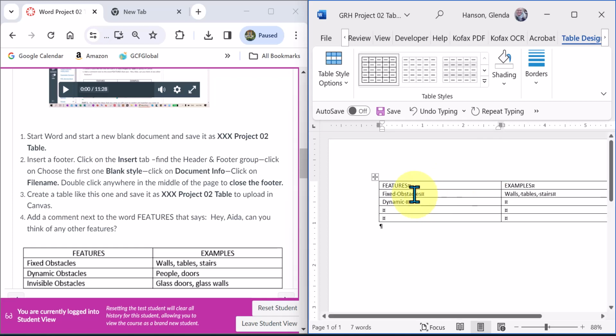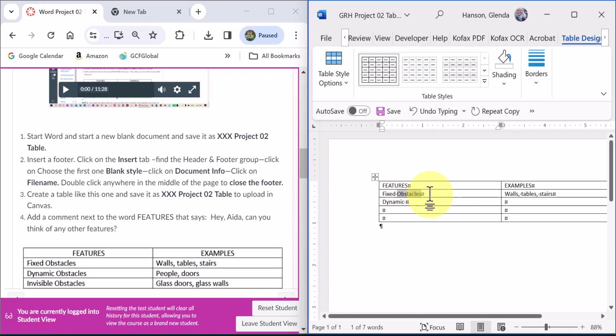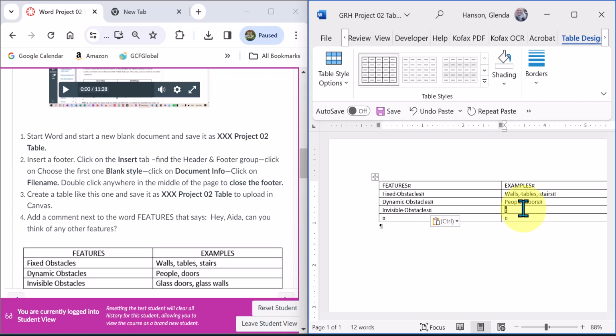Now watch what I do. I'm going to double click on the word obstacles, do a Control C, and paste it so I don't have to type as much. People and doors, invisible, Control V for paste, obstacles, glass doors, glass walls,